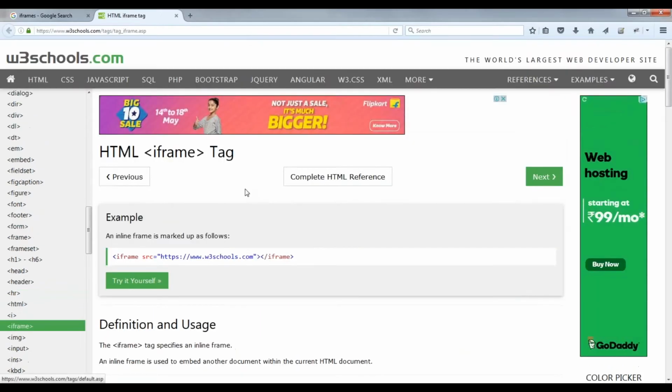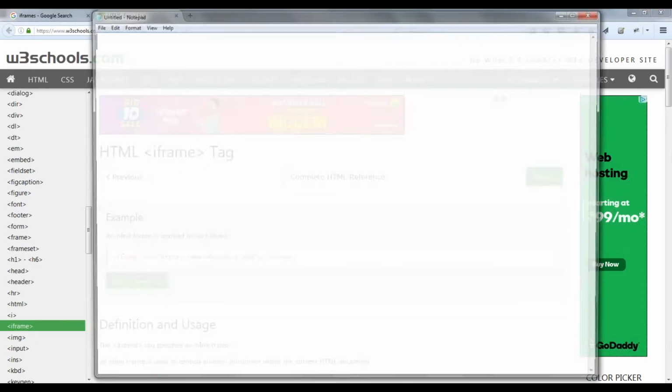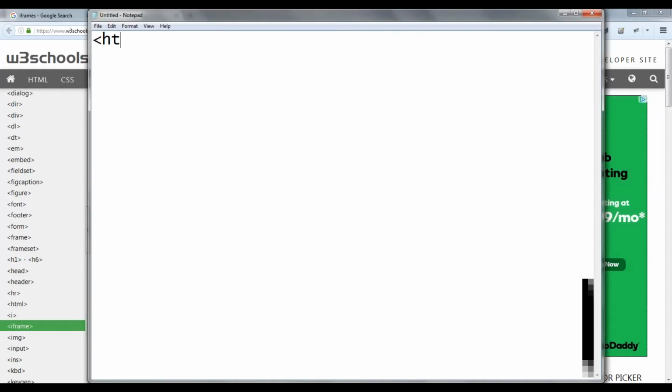So we will look at the concept of iframe. There is an HTML tag called iframe. What is this iframe and how exactly are you going to handle the iframe element? An iframe is nothing but an HTML inside an HTML. For example, if I have an HTML like this, and I have a tag iframe, and then I give once again an HTML.